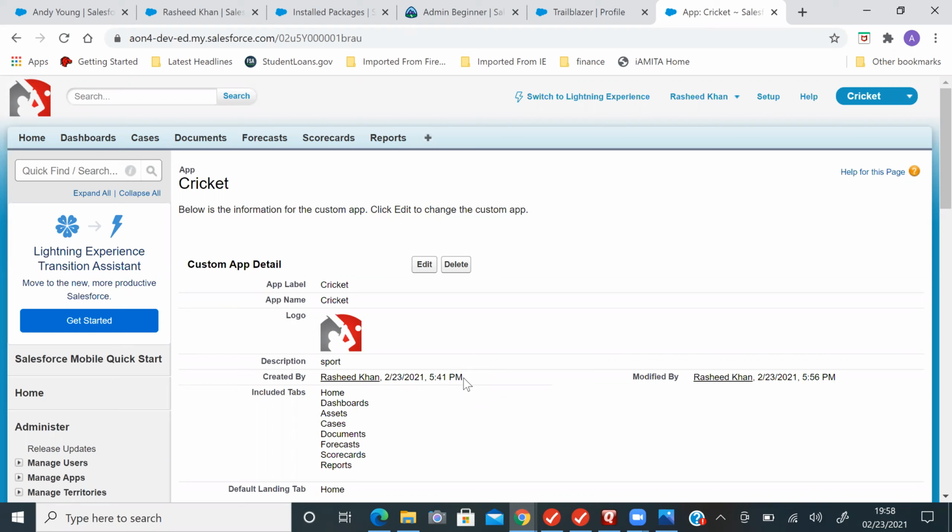Not every time they will ask. It depends upon the mood of the interviewer, how good you are with the basics. They will start with the basics. What is the difference between standard object and custom object? What is the Document object, and what is its use? What is the use of the Case object? What is the use of the Lead object? Based on that, they will ask the particular questions.